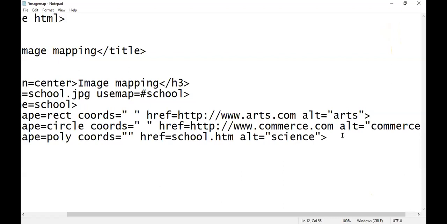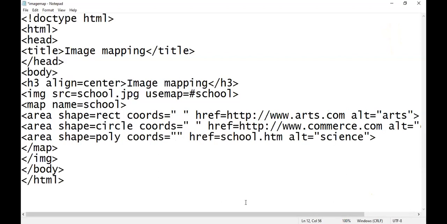So arts, commerce, and science. So three alt attributes we have used here. Okay, why are we using this alt attribute? It is alternate text. It means if your image mapping is not supported, or your browser is not supporting image mapping or any image, then the alternate text will display in place of that image. Okay, so here we have completed our program.